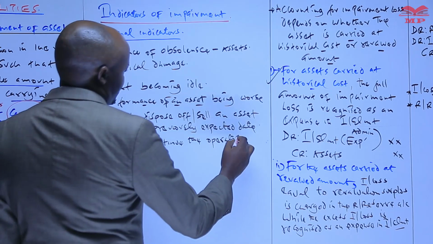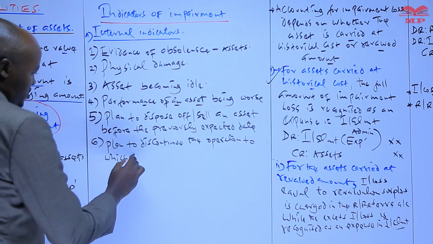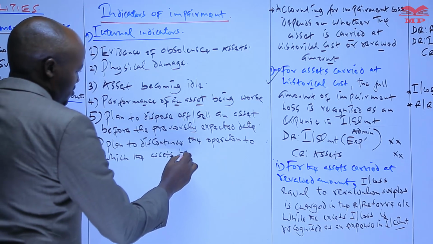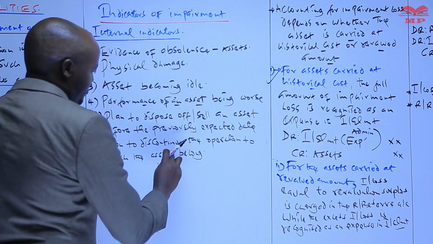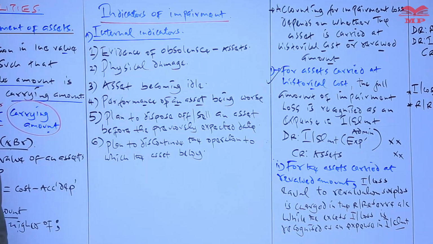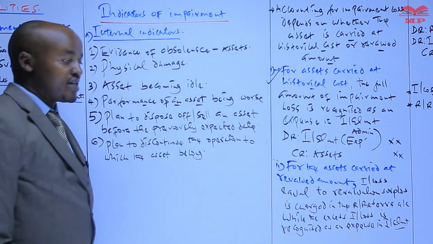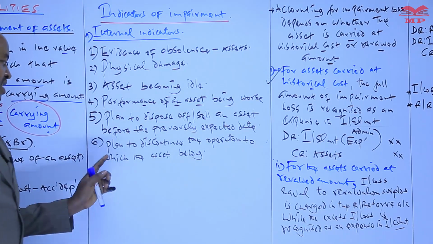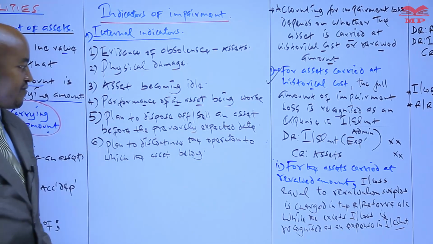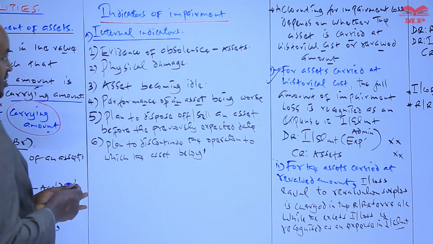To discontinue the operation to which the asset belongs. So for example, in this case, a company may be producing some product which is meant for export, but the company intends to stop exporting such a product. What that means is that there are some plans to discontinue the operation to which the asset belongs. So therefore, if any of these particular factors exists,